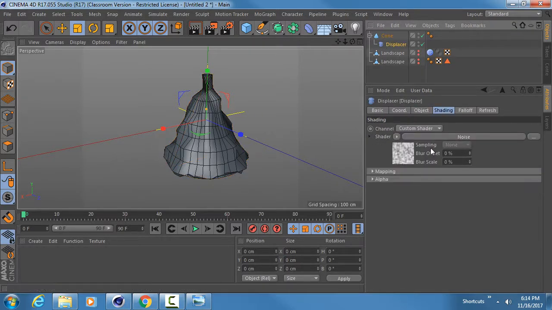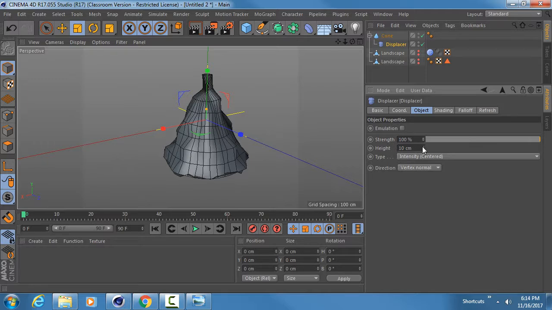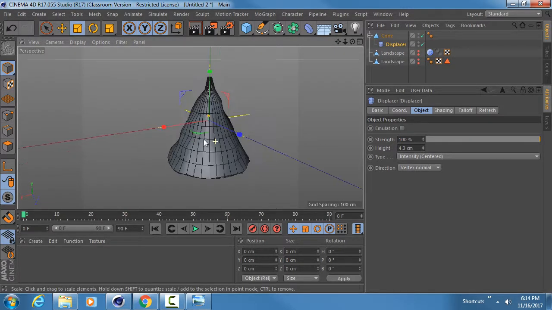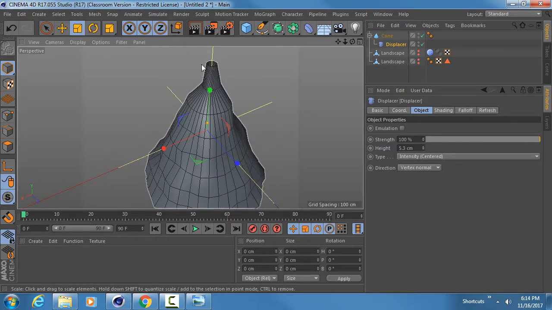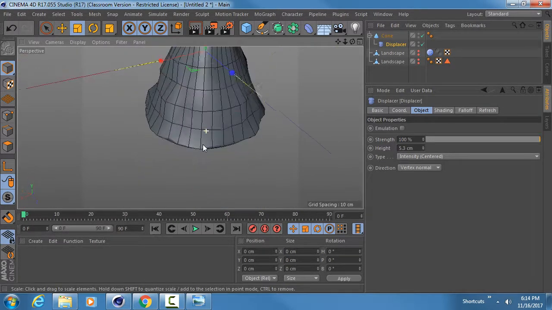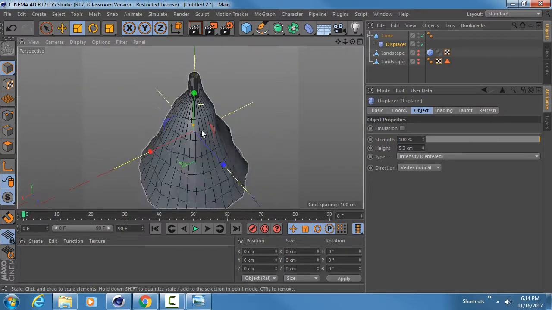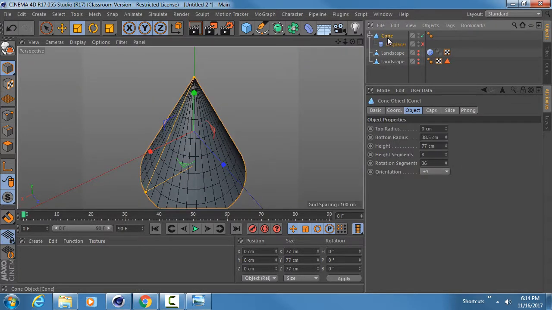And on the displacer deformer, we can lower or raise this height value because I think it was doing a little bit too much displacement, more than I would have liked. And this is not looking too bad, although the top and bottom are going to be kind of weird and wild. So what I'm going to do is make this cone editable,